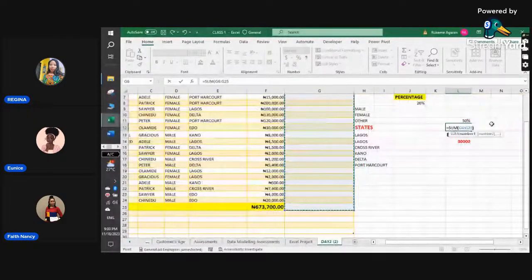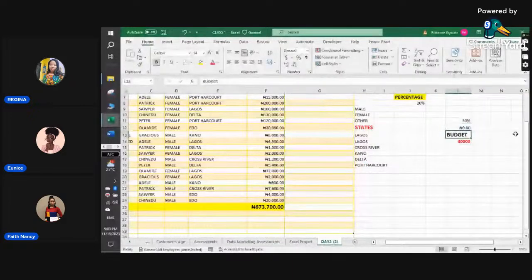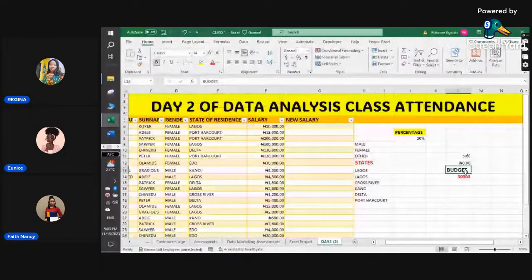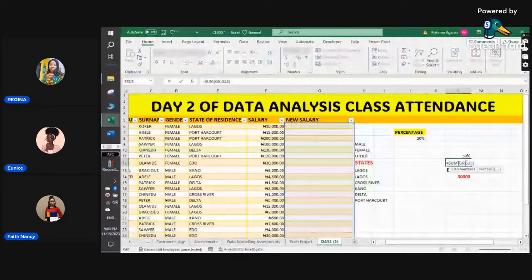I want to put a calculated column there. Enter. Okay. So here now I said it should calculate the total of all the new salary. The total of the new salary. No, I don't just want the total of the new salary. So I'm going to do equals to,